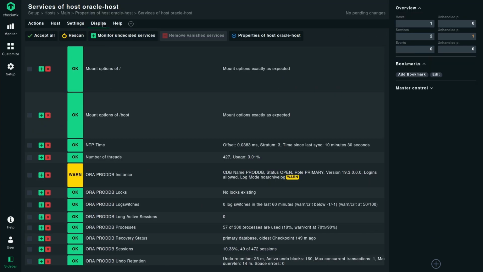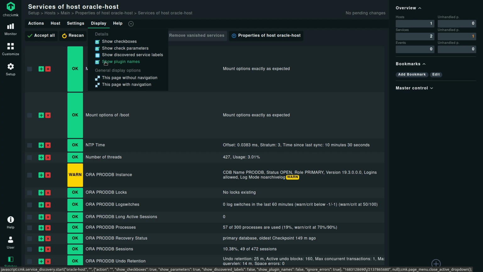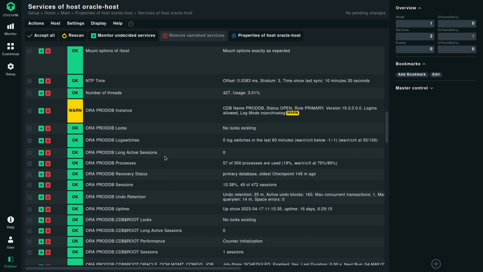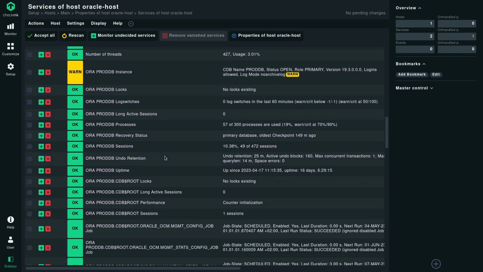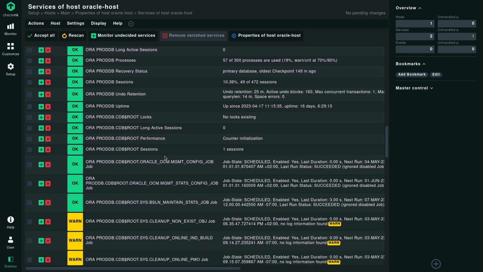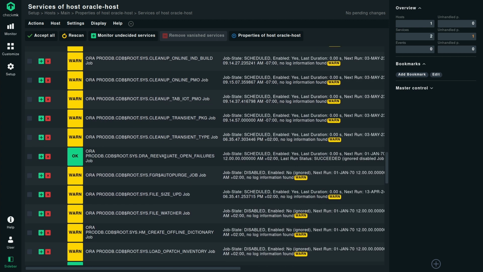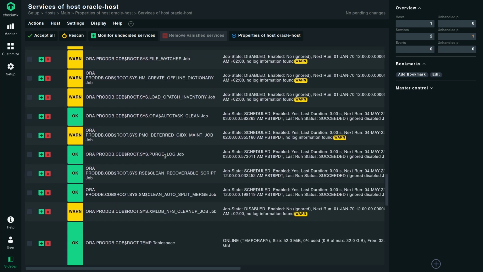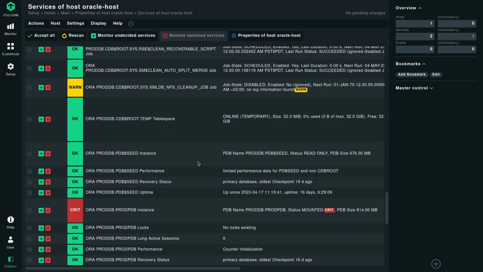This can also be activated by using show plugin names. You can also hide it if you don't want to see these different columns. And then we get all the other information about my Oracle database, like jobs, information about the sessions, the different performance metrics, information about my table space.